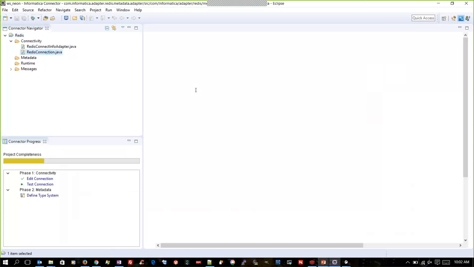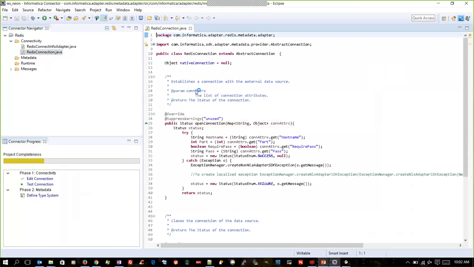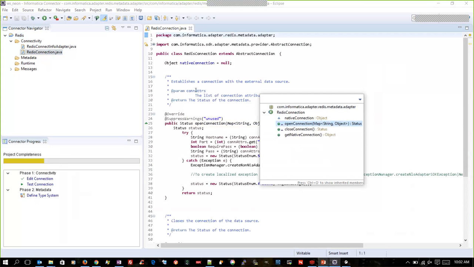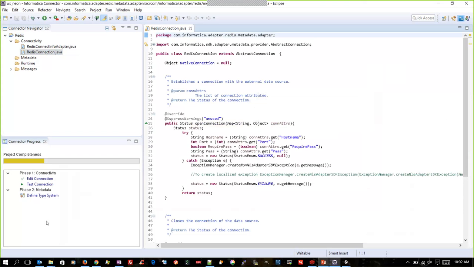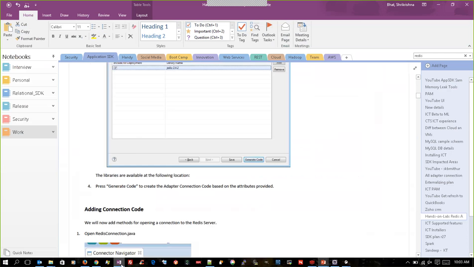In connection, the developer needs to worry about only two classes, two APIs, open connection and close connection. Open connection is to connect to a third-party system and give the status. Are you able to connect it or not? Close will close your connection object. So I have predefined code already mentioned for